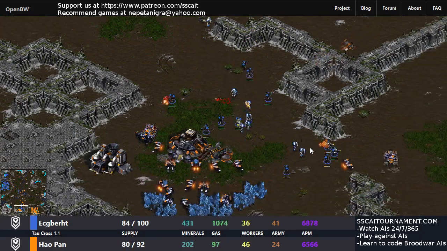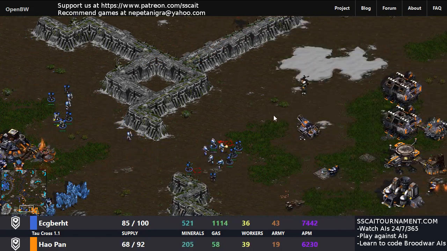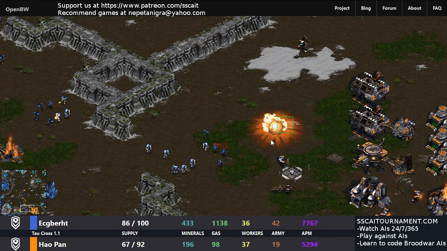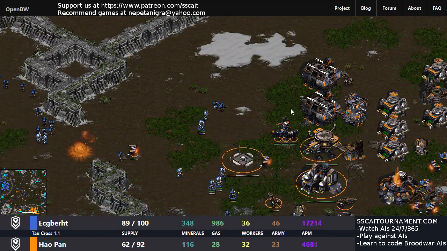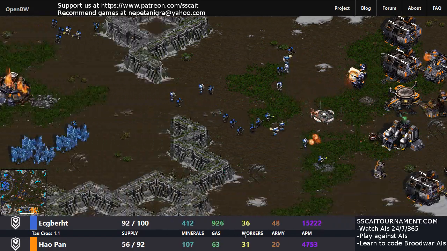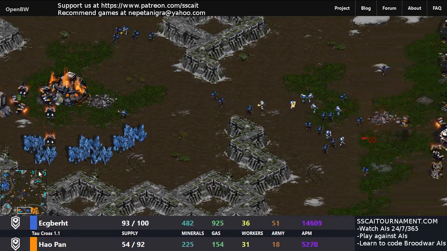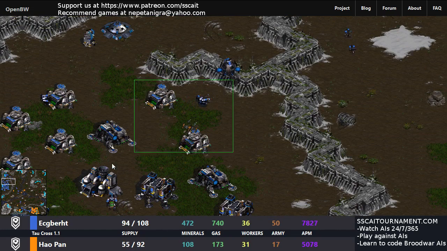The medics are a little bit in the rear, but now Egbert is in the mineral line of Halpan and going straight for the main, going to kill the siege tank, and will lose some units, but this is doing a lot of damage to Halpan. You can see the supply plummeting. Worker-wise, it's okay, but the natural will be falling shortly, and although there is no third yet for...